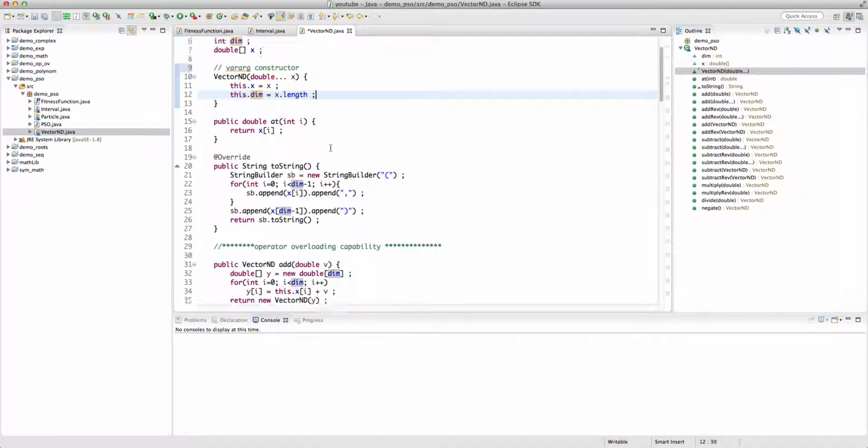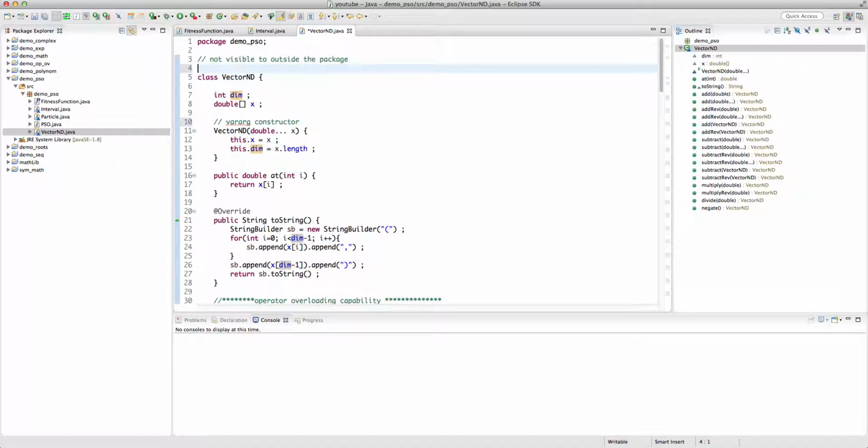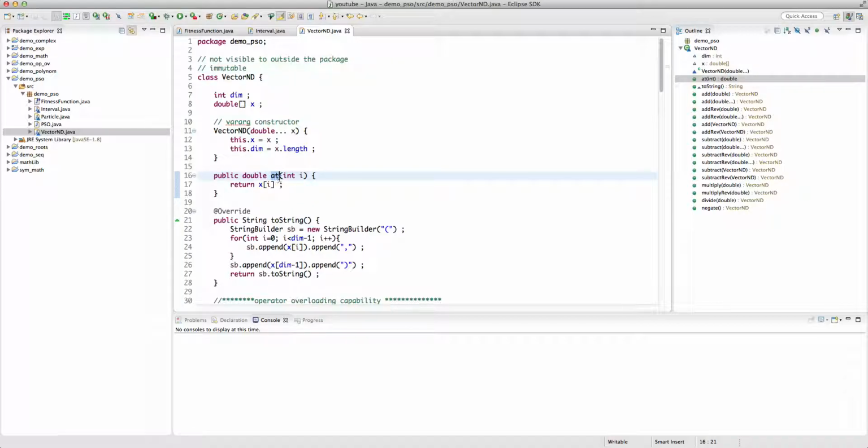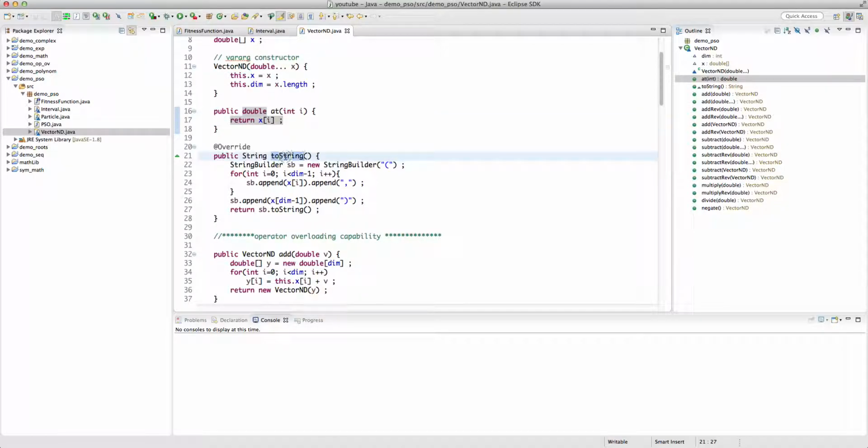and then it doesn't have any setters. We don't want to mutate it, so it's immutable in terms that we don't have any setters. And then we define this method at some integer index, and it just returns the value of the array at that particular index. All right, and then we override the toString method, something like this: a string builder, start